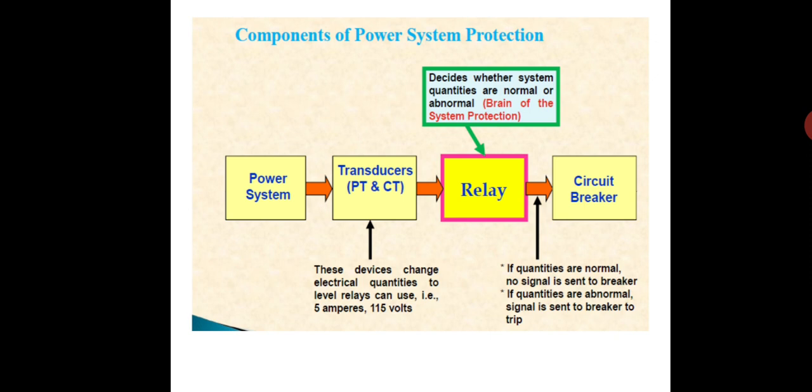These current transformers and potential transformers are also known as instrument transformers. They are a bit different from regular transformers, even in their construction. The working principle will remain the same: all of them work on the electromagnetic induction principle.